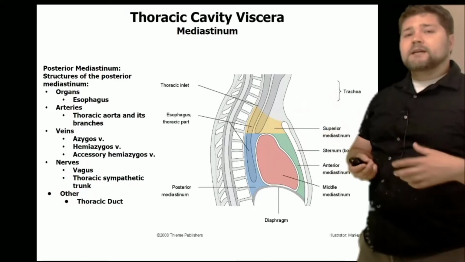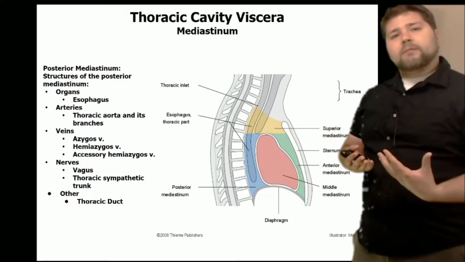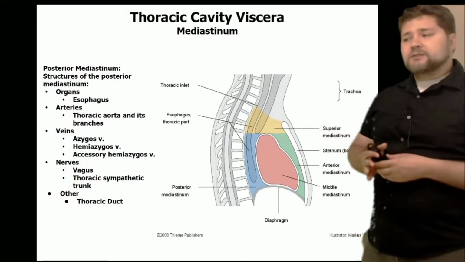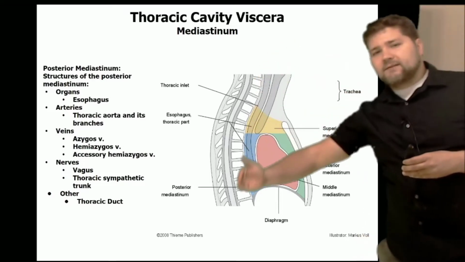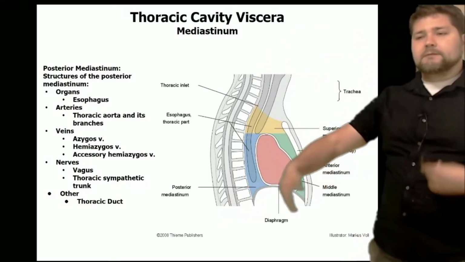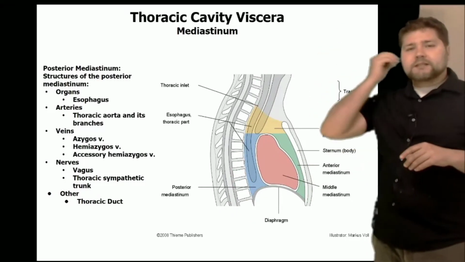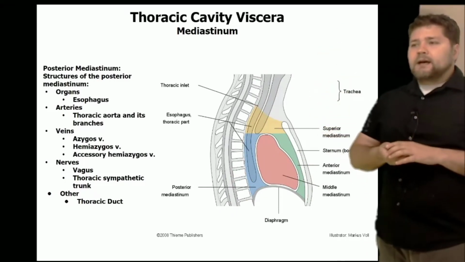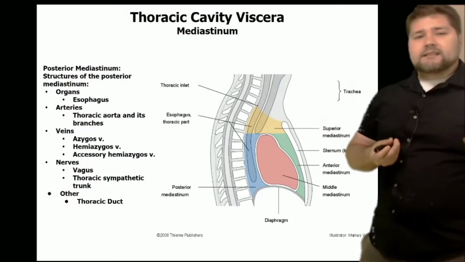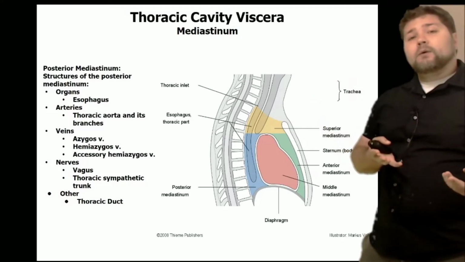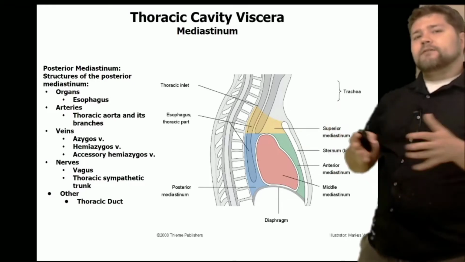As far as arteries, we classify the thoracic aorta as being part of the posterior mediastinum. So once you've split that arch and start diving down, now we're in the posterior mediastinum, and now it is the thoracic aorta. So after those three branches come off, we start diving downward. The veins, so if you remember the azygous system I talked about in the thorax wall unit, that's all going to be part of your posterior